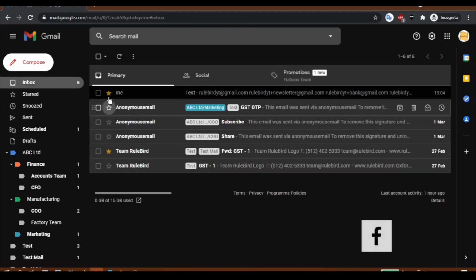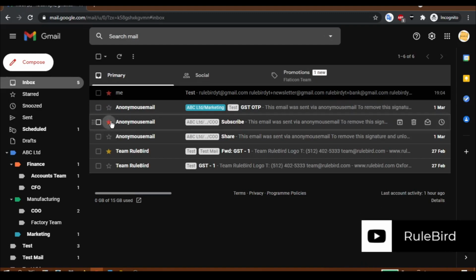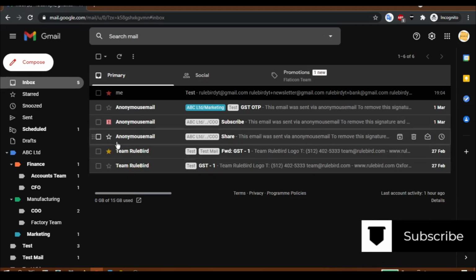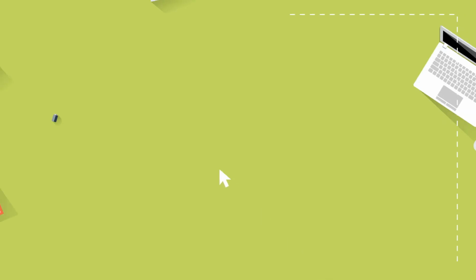You have seen that earlier only one star was available. Now if I want to change it, see, my star changes. It changes the color. This is the red one. Keep on clicking the one you want. Just keep on clicking and it will change. So you can choose like this, and you can organize your emails. If one is important, one is completed, and so on, you can just use it as you want.